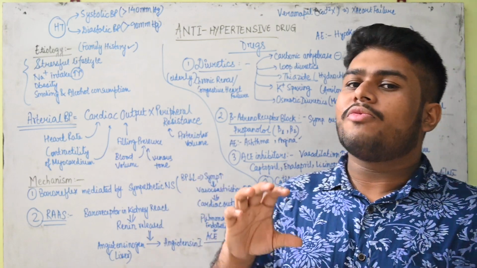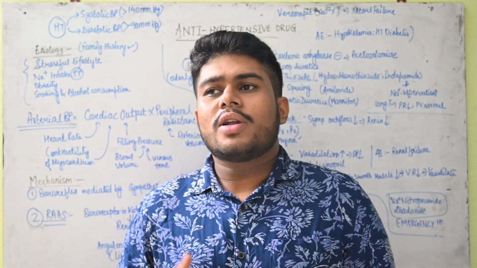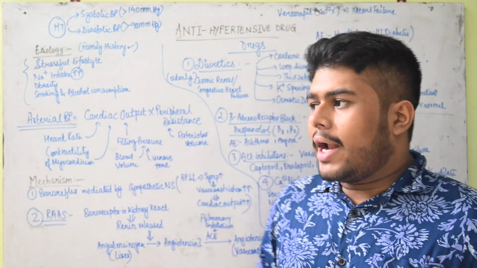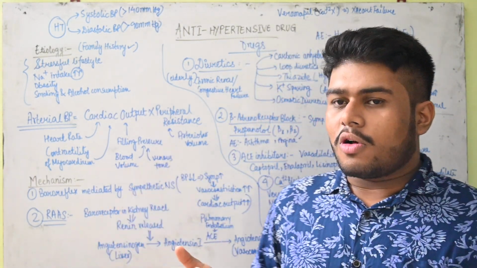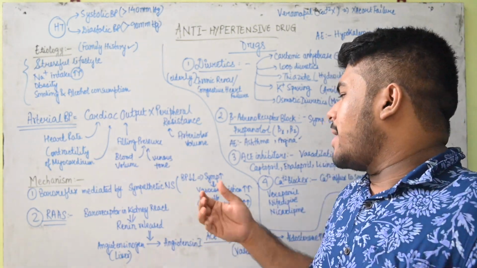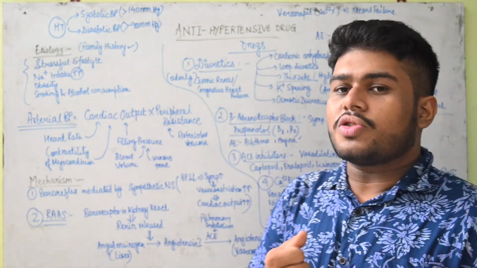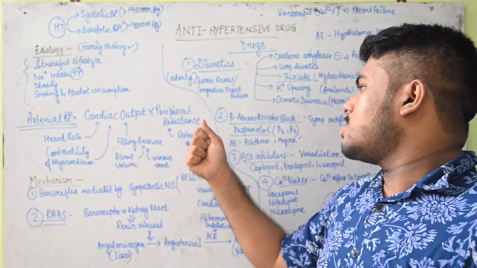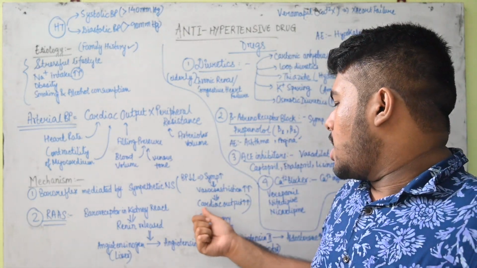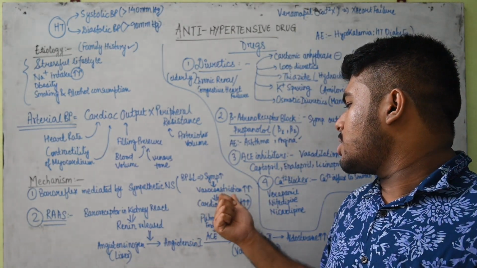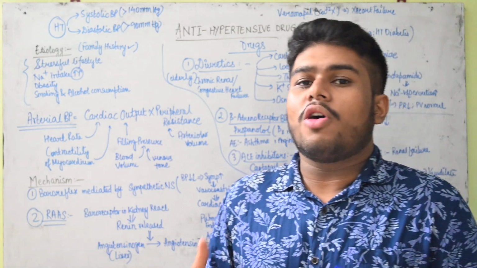Whenever there is a fall in blood pressure, for example from hypovolemia or hypovolemic shock, the baroreceptors sense it. Automatically the sympathetic nervous system gets stimulated and that causes vasoconstriction. Whenever vasoconstriction increases, the peripheral resistance automatically increases, and the arterial blood pressure will also increase, and hence the cardiac output will also increase. That is whenever there is a sudden fall in blood pressure.